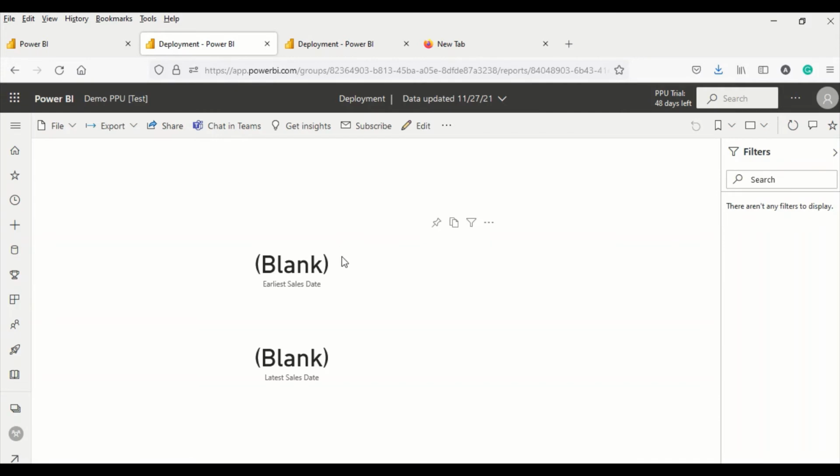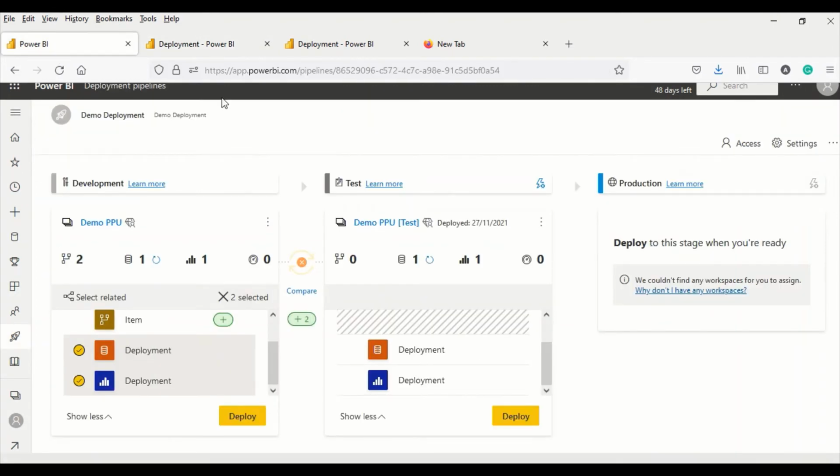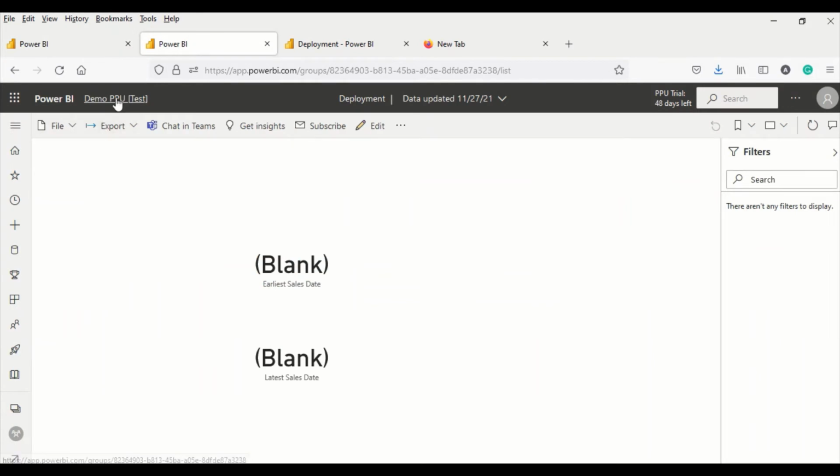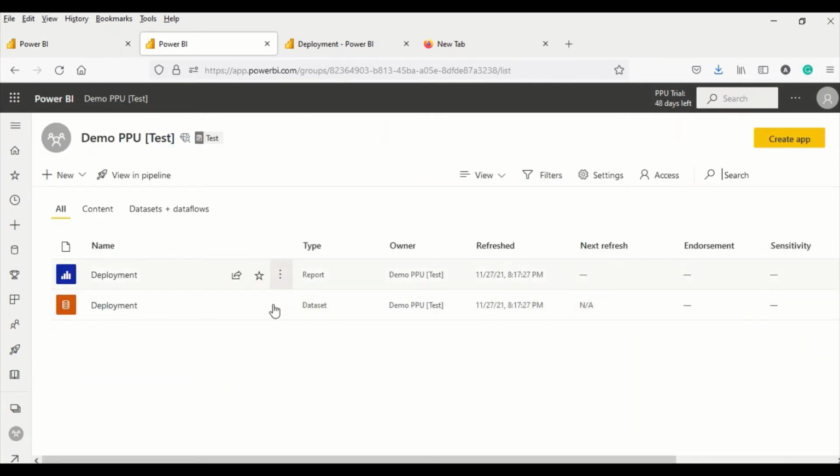Now what has happened here in the deployment, that's the beauty happening here. It has been created without any data. The structure has been created. So now what to do? We need to refresh. And how to do the refresh? You have to schedule those refreshes and do everything. So let's go back to the workspace. Go here to the dataset.